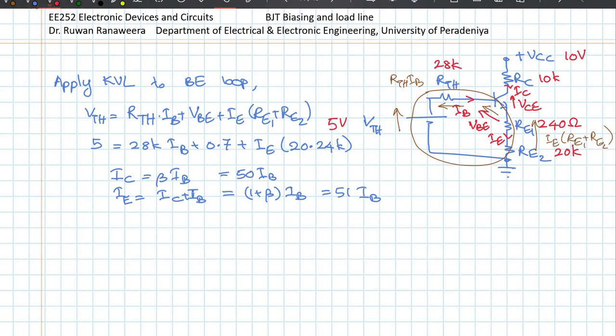So if I subtract 0.7 from 5, this will be 4.3 equals IB times 28K plus 20.24K times IE. IE is 51, right? So I can say this is 51 times that. So that's that. So IB basically is